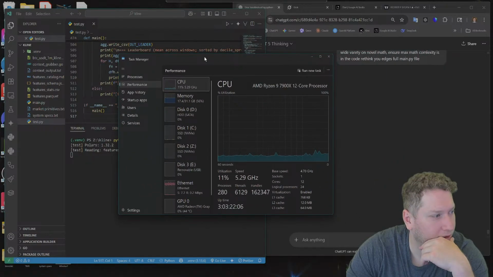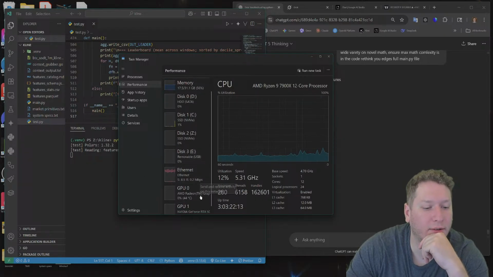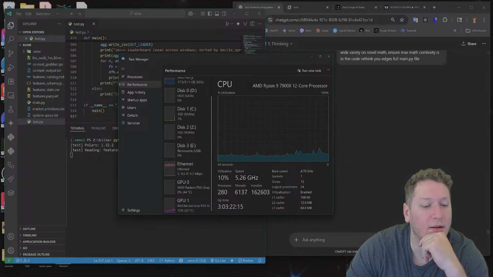Now, this is definitely taking a little bit longer. This is probably going back through it. Oh, GPU is being used a little bit.